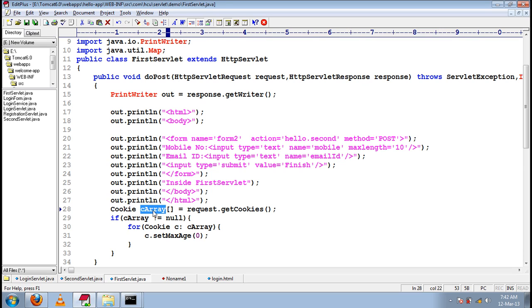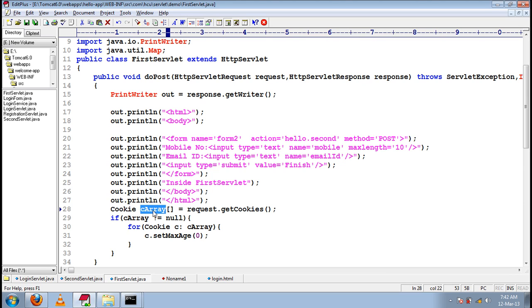Understand? How will the cookies be transferred from browser to server and server to browser? From server to browser, in the servlet we create a cookie and add it to the response object using response.addCookie. Once the cookie is added to a response, the web server will add that cookie information in the response headers. Through the response headers, cookie information will be sent to the browser. Once the browser receives it, the browser will store that cookie information in the temporary internet files. If a cookie already exists with the same name, the value will be overridden.